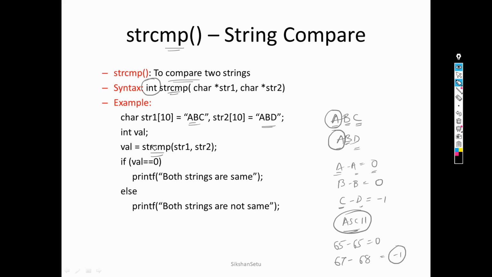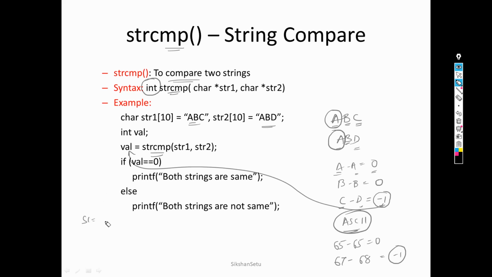Since here we are getting a value other than 0, the comparison operation will be terminated over here, and the value which we have received other than 0 will be given back to the integer variable. So minus 1 will be given to val. So now the variable val is minus 1.